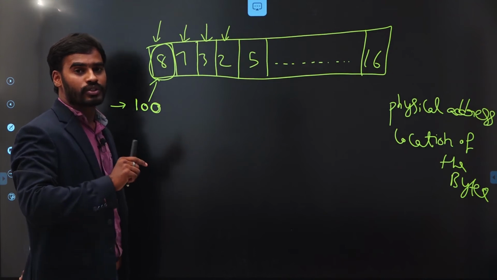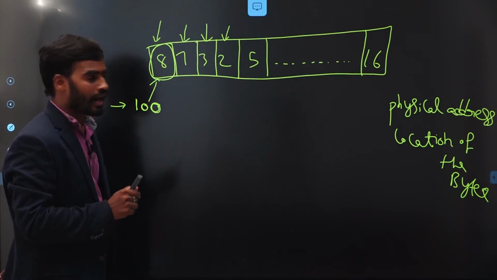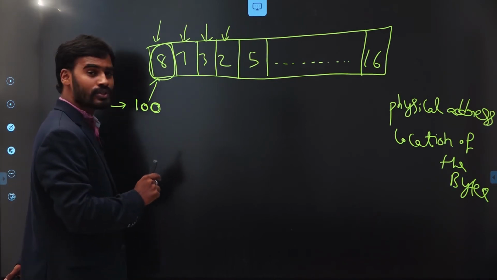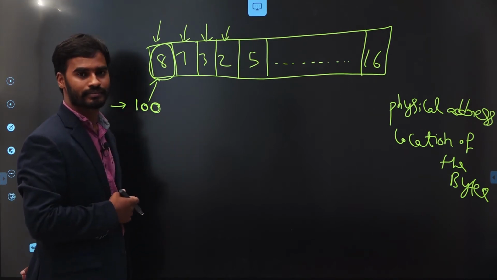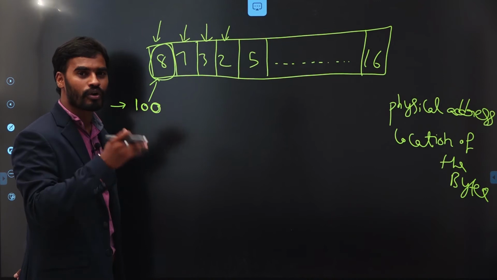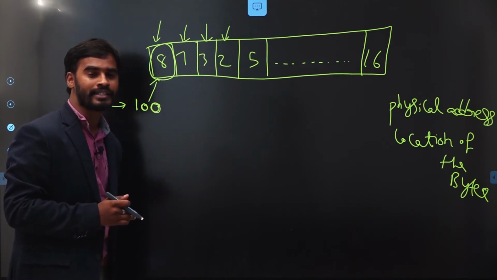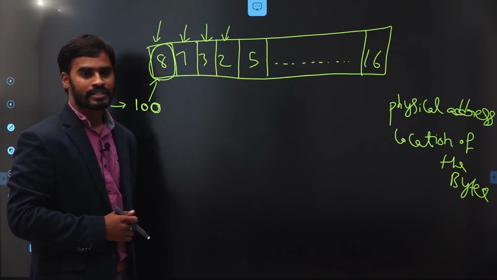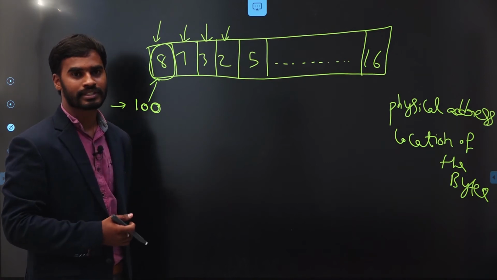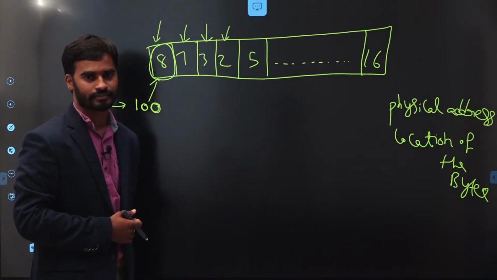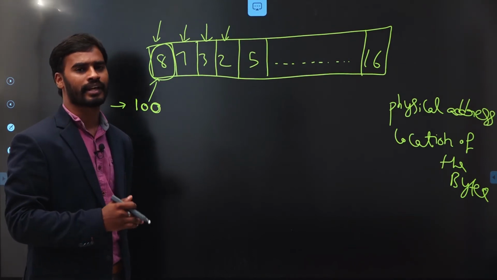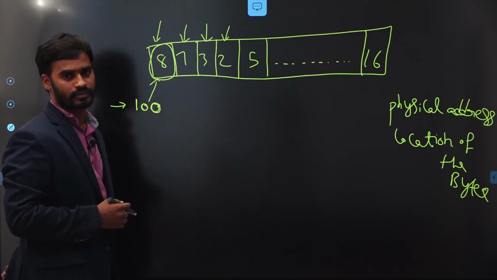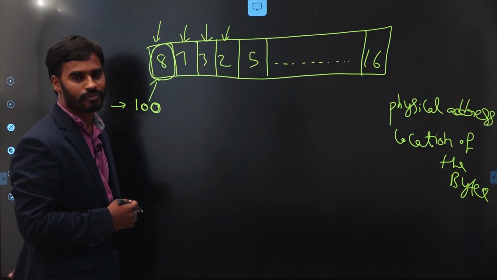If you are storing character values, each block requires only 1 byte. If you would like to store natural numbers like integers, then each block requires 4 bytes. The size of an integer is either 2 bytes or 4 bytes, depending on the hardware. Some computers have 2 bytes, some computers have 4 bytes as the size of an integer. Let's assume that the size of an integer is 4 bytes. I would like to store integers, where the size of each block is 4 bytes.